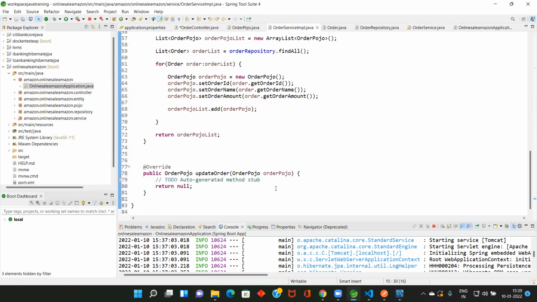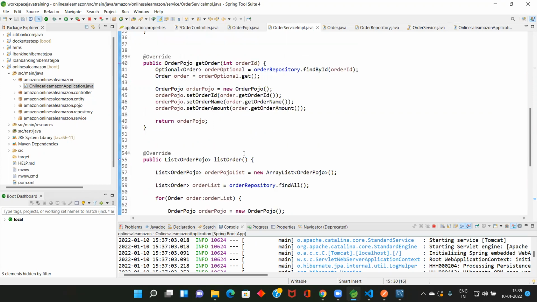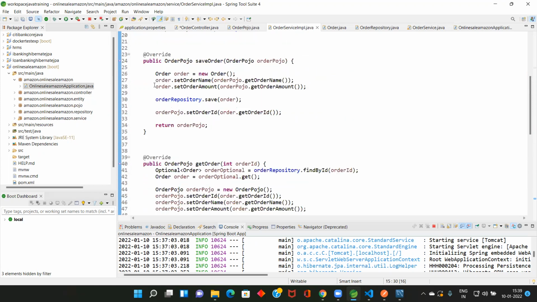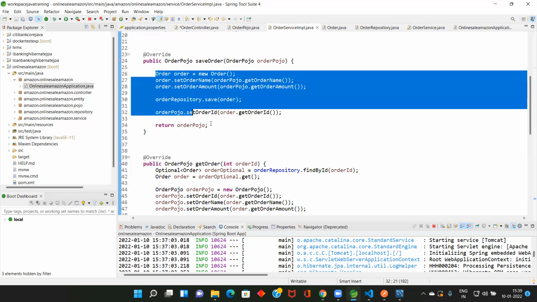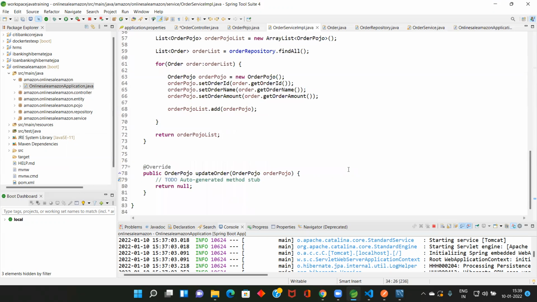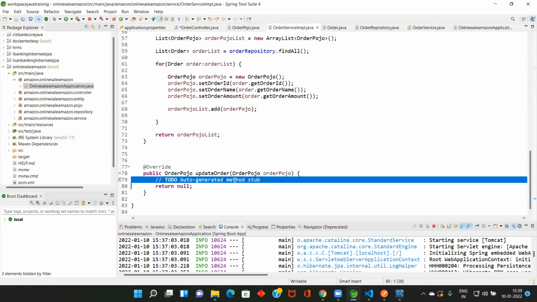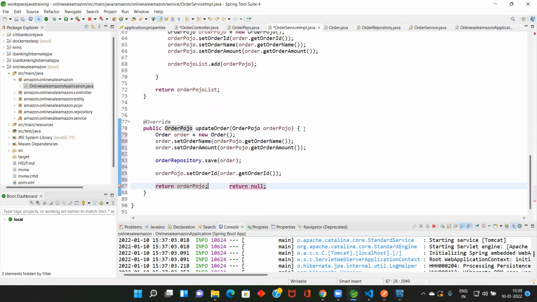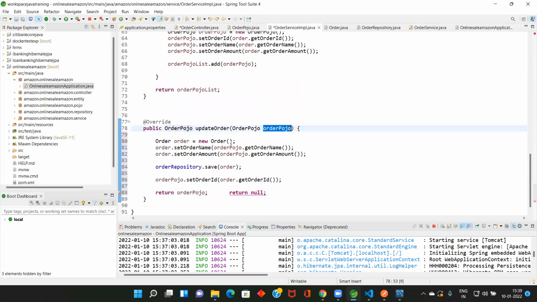Okay, now what is the thing that we want to do? Repository dot save. In save, what we did, the same thing we need to do here. But one thing is different. Update only one, something will be different. So here you are getting order Pojo.